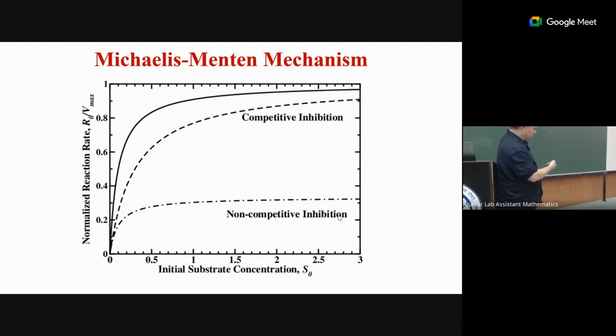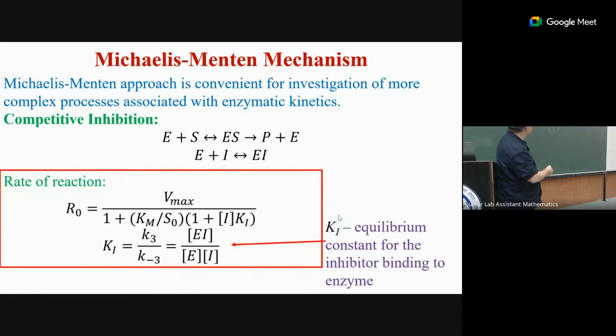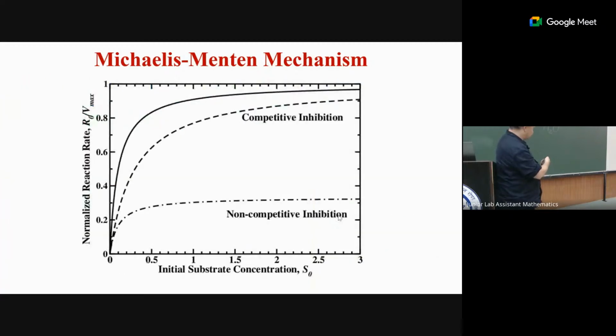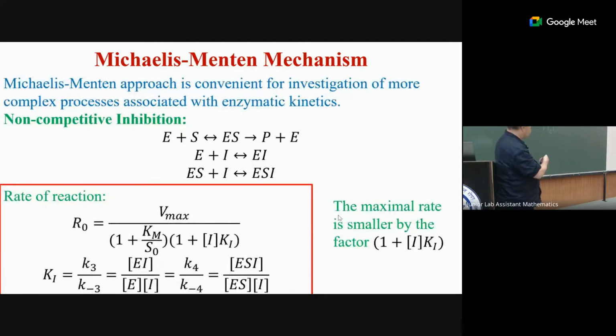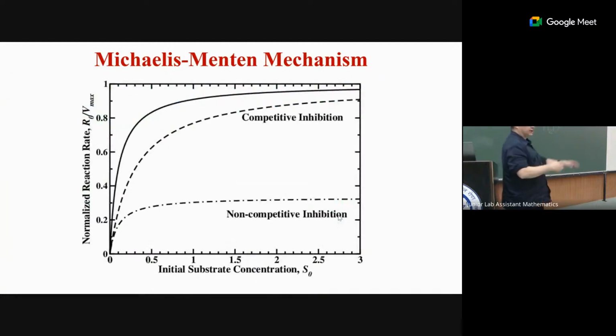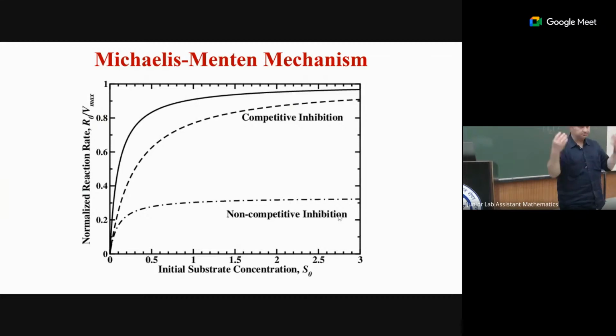Let me remind you, this is a competitive inhibition when the compound only affects the enzyme. Competitive inhibition will eventually reach the same maximal rate, but the difference from pure Michaelis-Menten is that it's slower, it takes longer, but otherwise will reach it. And there is a non-competitive inhibition when the inhibitor binds here as well as here, and it has a different dependence. The only reason I show this picture is that just by looking at the graph and assuming some model, some mechanism, you can say something about the system.